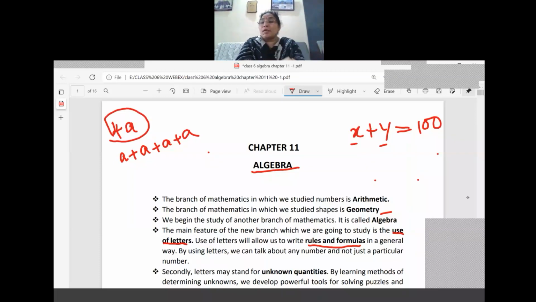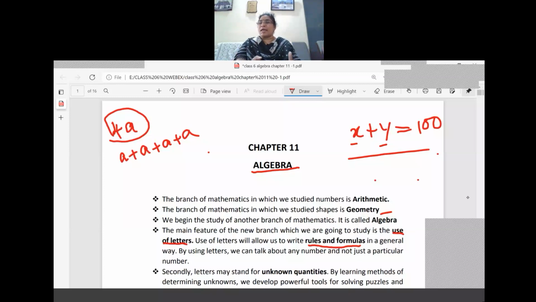Now l and b are the length and breadth of the rectangle. What is the formula you will write for area? Area of the rectangle equals l into b. So you have seen the first example I told, because cricket and all, everybody is interested. The sum of the two batsmen's scores is equal to 100. I made an equation there using variables, right? But at the same time x can be 60, y can be 40.